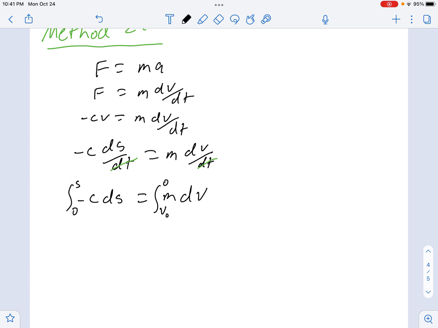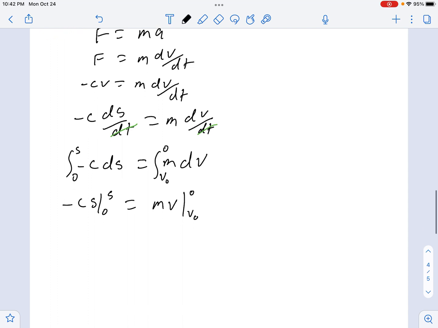So what do we get? We get negative c times s, evaluated from 0 to s, is equal to mass times velocity evaluated from that initial velocity until it stops. All right, and so let's see. So we wind up with negative cs minus c times 0 is equal to mass times 0, minus mass times initial velocity. All right, so